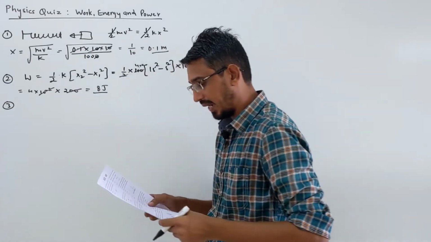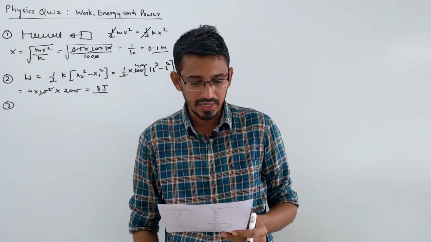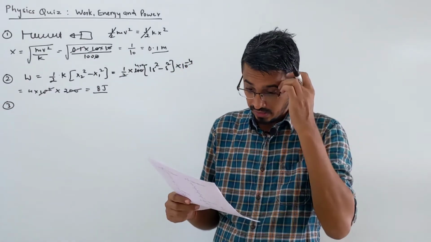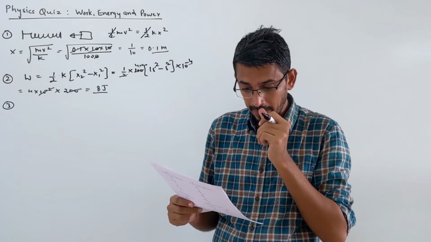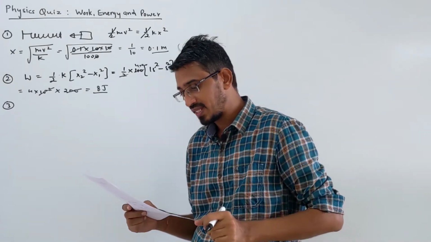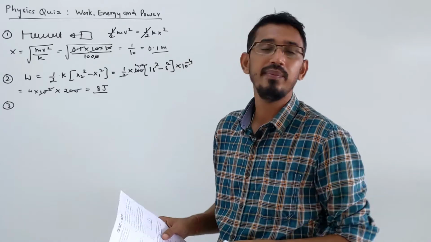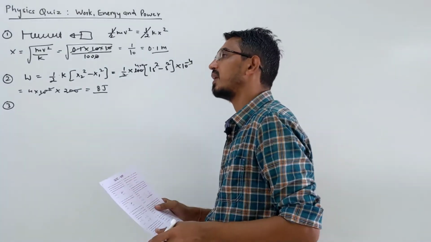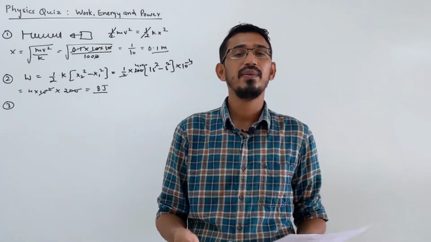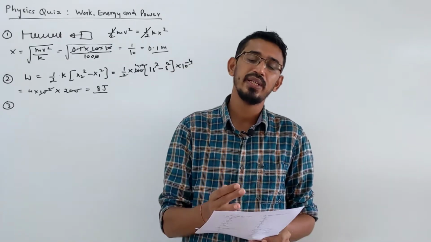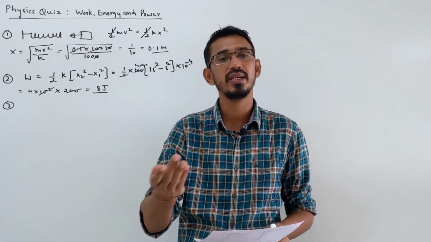Moving to problem number 3, and it says the potential energy between two atoms in a molecule is given by this formula, where A and B are positive constants, x is the distance. The atom is in stable equilibrium when? We have to calculate the distance under equilibrium. So I told you in physics, whenever they ask about equilibrium, you have to differentiate that term and equate it to 0, and you will get the condition.